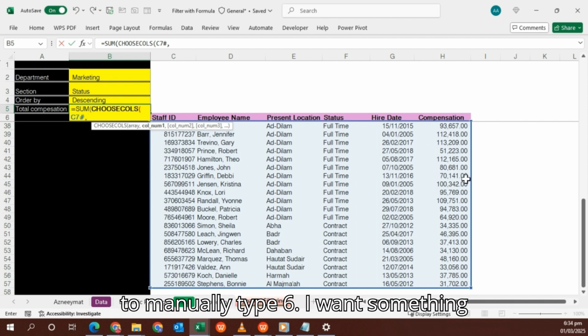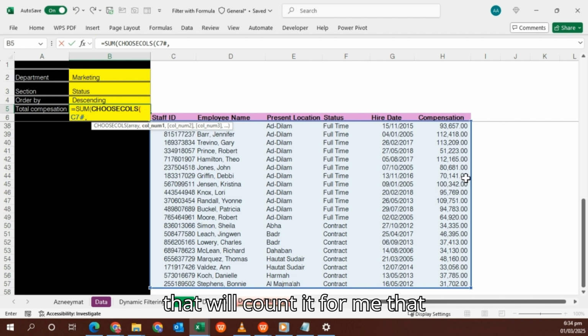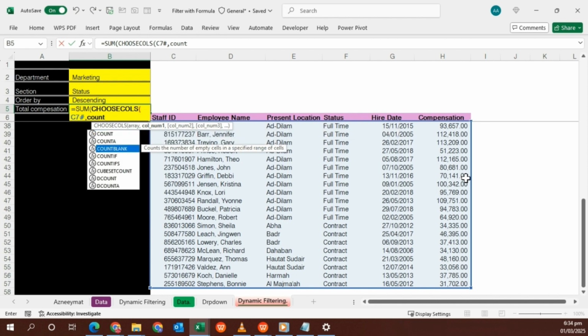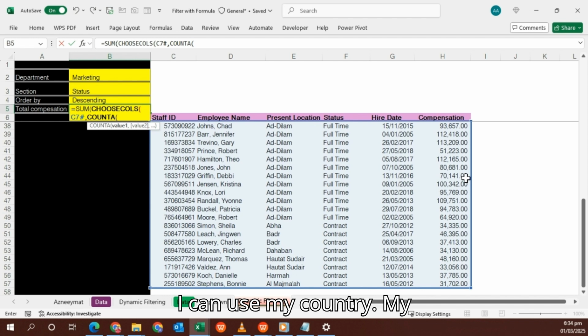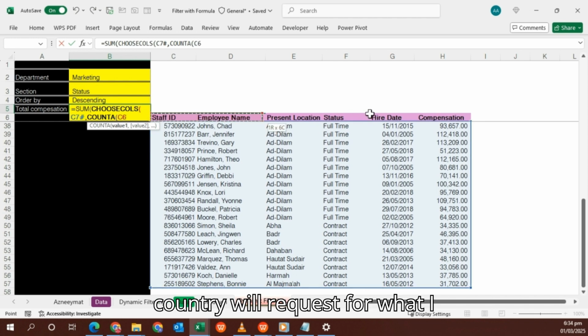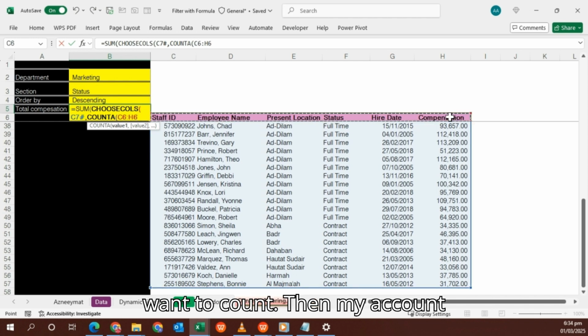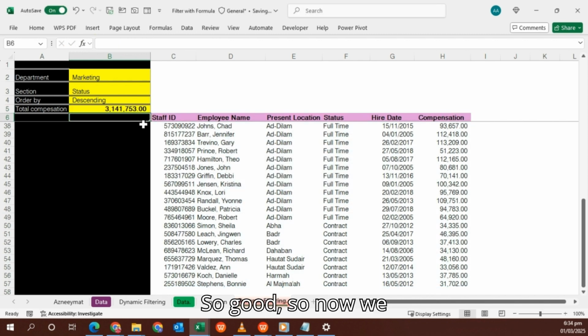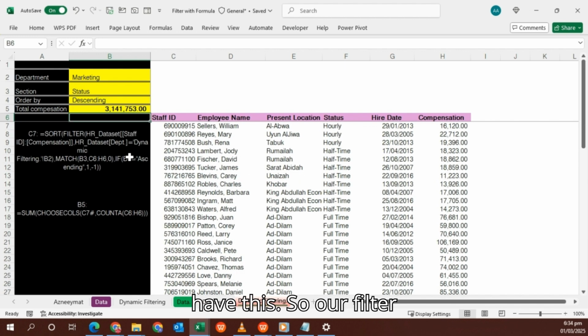I don't want to manually type 6. I want something that will count it for me so that I get column 6. So I can use my COUNTA. My COUNTA will request for what I want to count. Then my count is done. Then I wrap this up with my sum. Good. So now we have